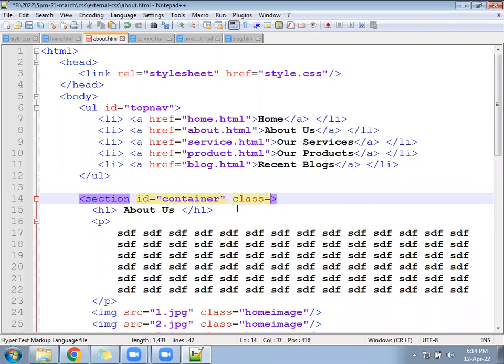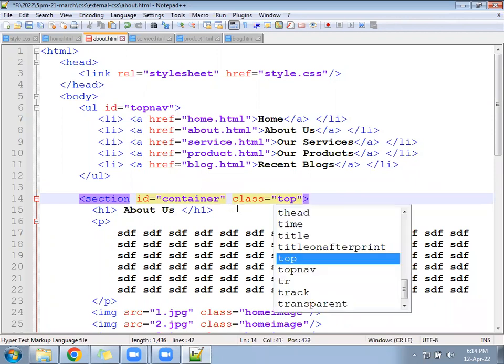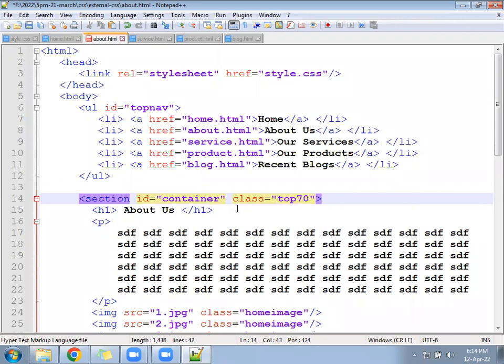Give the class name top 70. From the top it will give a 70 pixel gap. In that, write margin-top 70 pixel.